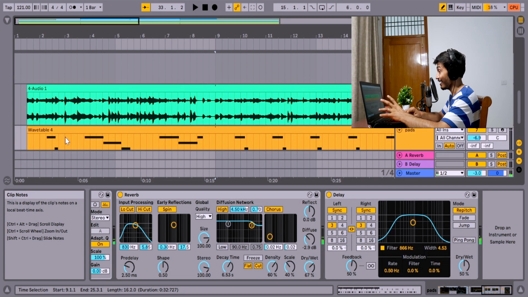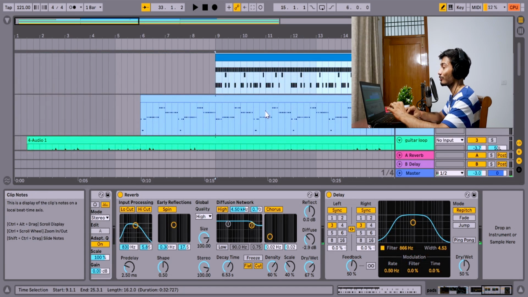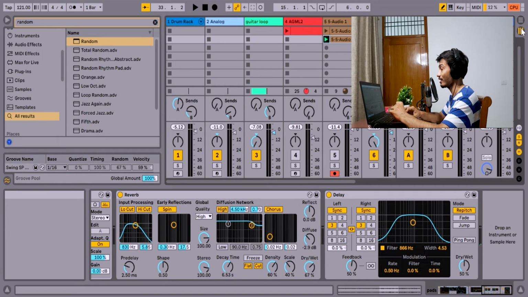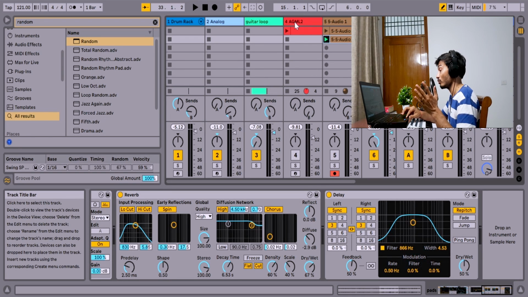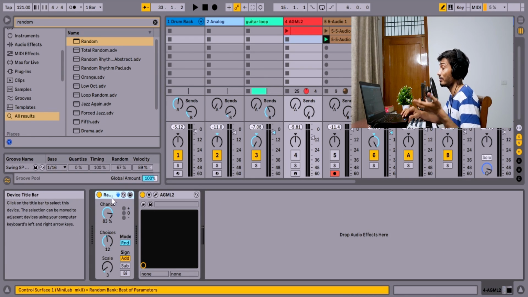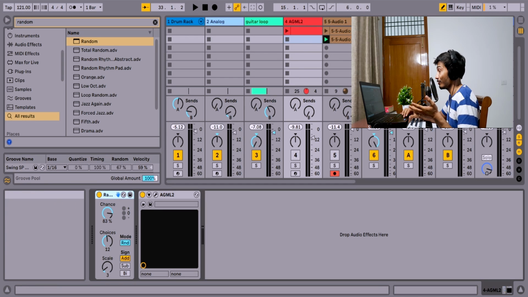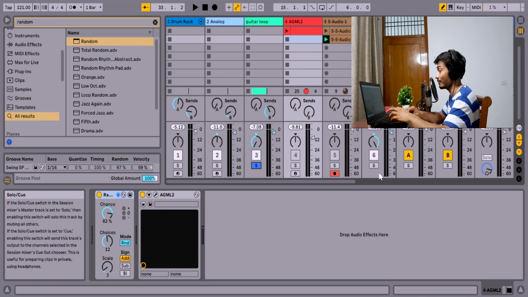So this was the beat, guys. I was really excited to share this with you this week. And again, if we revise what we did here, the inspiration was all from the Random plugin, guys, because if it would not have given this pattern, I cannot even think of playing this pattern. If you listen to this loop again,